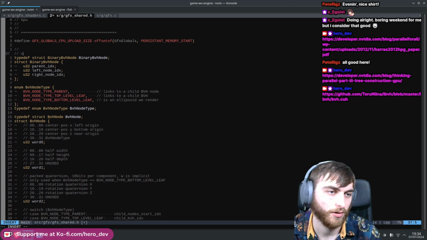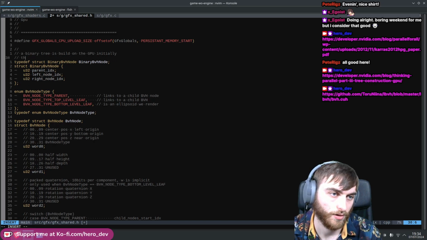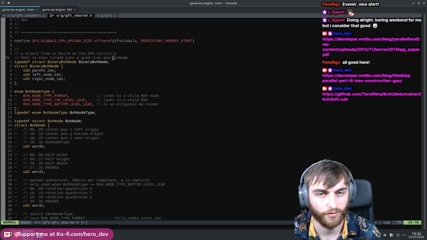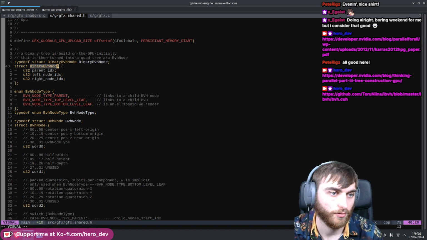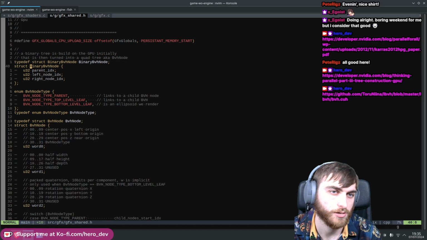So we can just say, used as, a binary tree is built on the GPU initially. That is then turned into a quad tree, AKA the BVH node struct below. So we just need to make an array of these. And then, and we can,